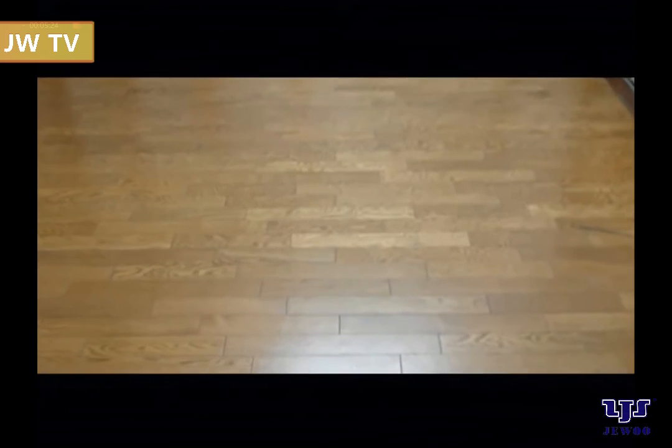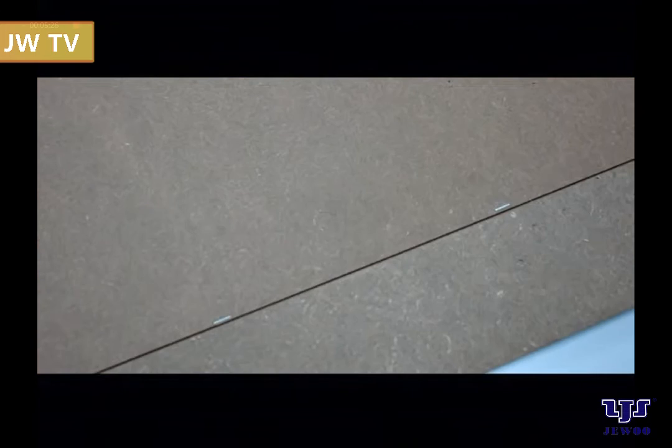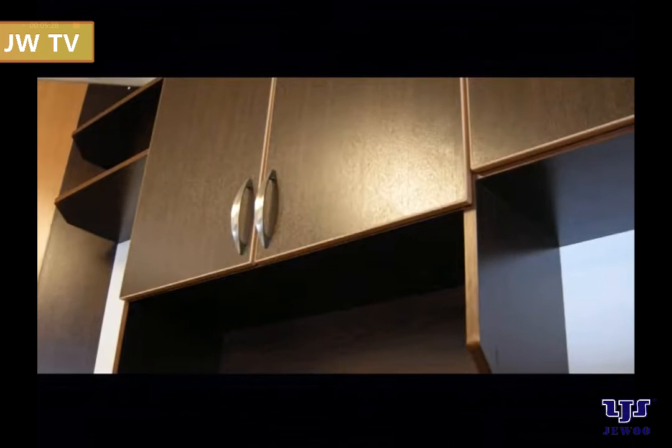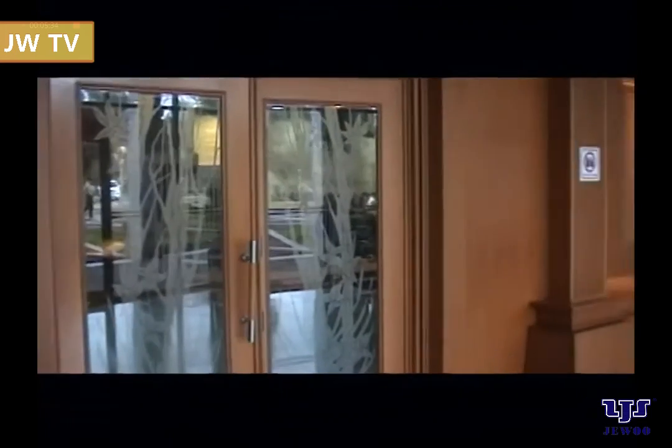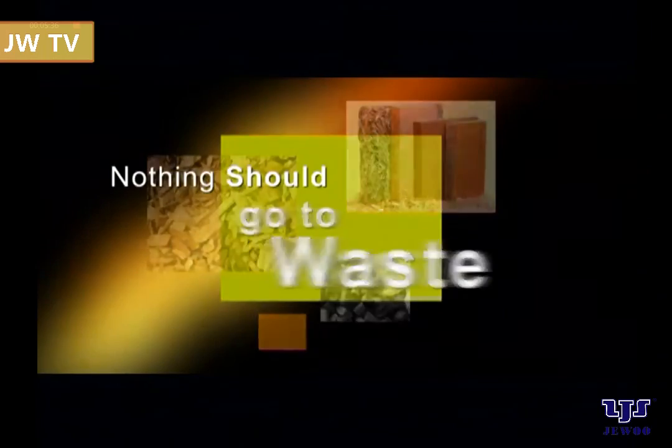MDF are used as material for flooring, decking, wall panels, and furniture. The MDF industry in Sarawak has now proven its ability to convert wood residues into high-value products, true to the slogan that nothing should go